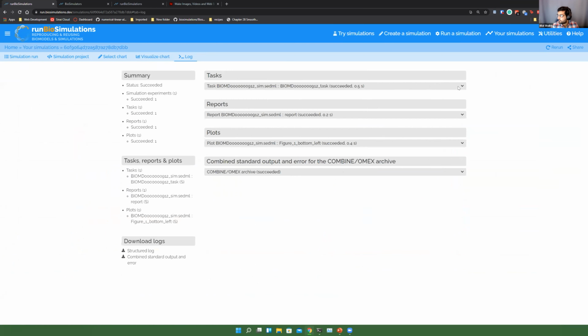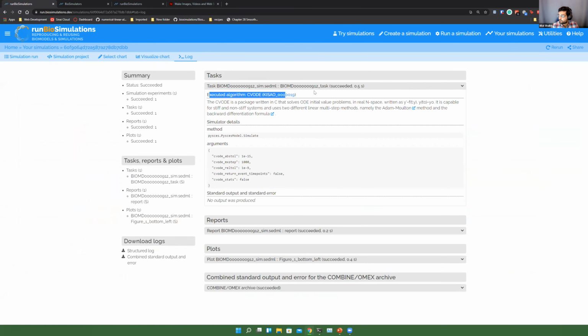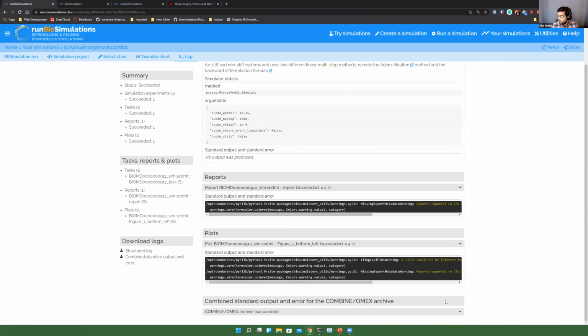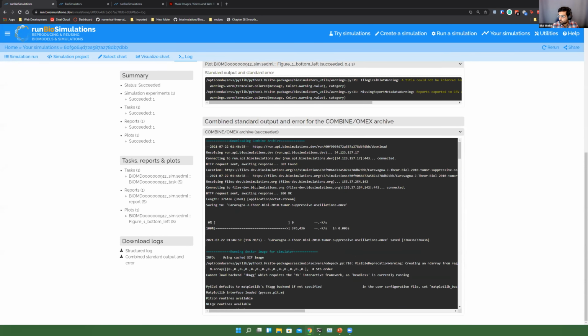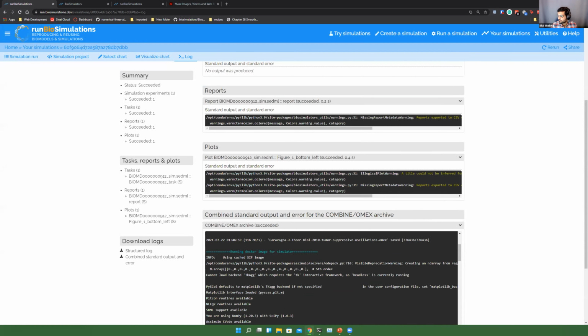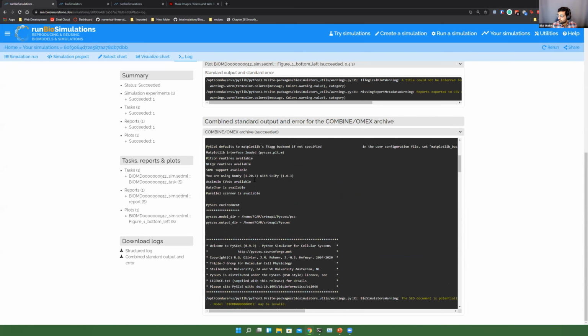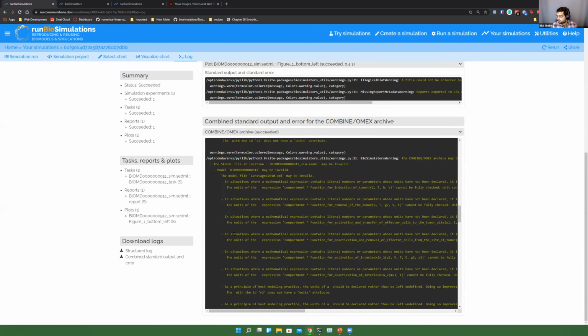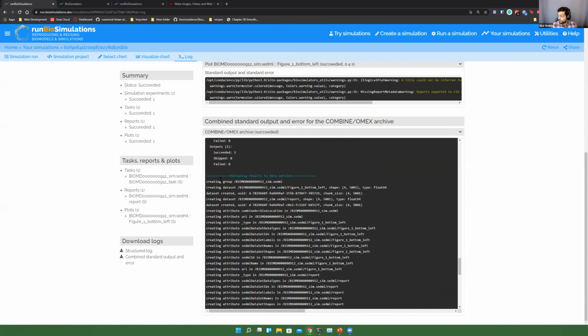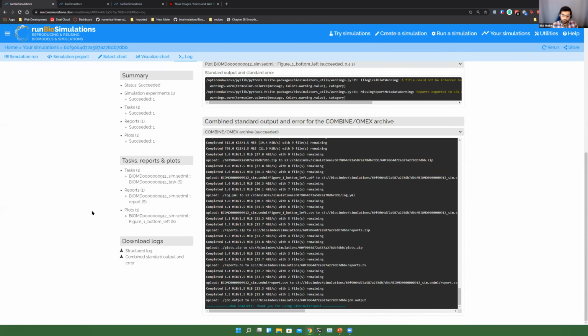Finally, we do also have a log of the simulation run. So we can see that there was one task here in this model. Here's the algorithm that was used to execute it. Here are some of the parameters that were provided to the algorithm. And then over here, we can look at the outputs that were produced, for example. And this one is actually just a raw output of the entire backend system that we're using. So for transparency, you can see exactly what it is that we're doing here on the backend. We download the archive that's provided, get a Docker image of the container, go ahead and run it. Here's a lot of information, and here we are then updating the results to our platform.